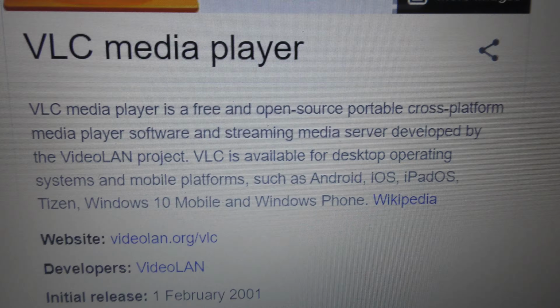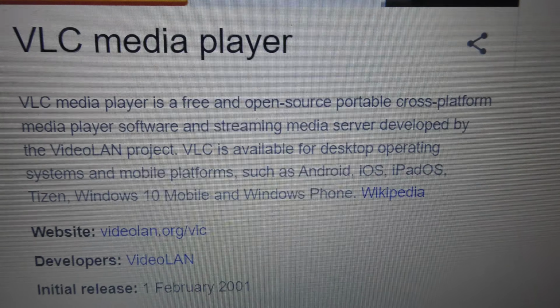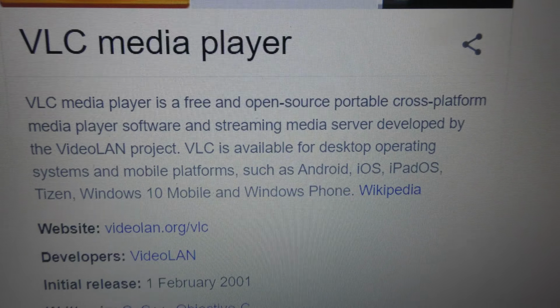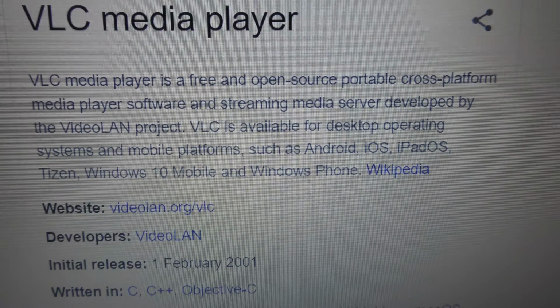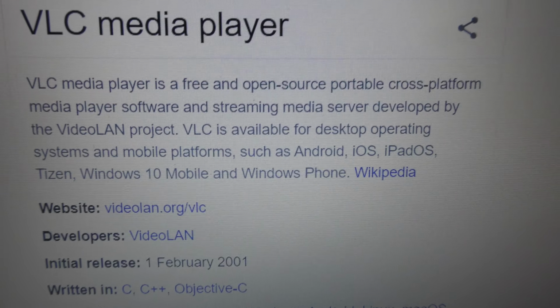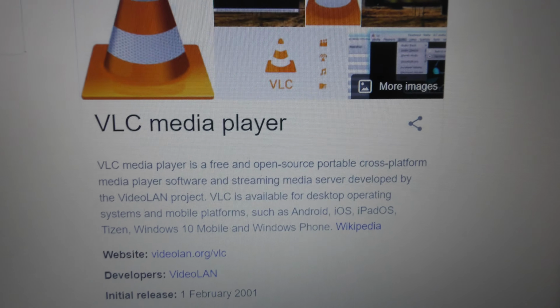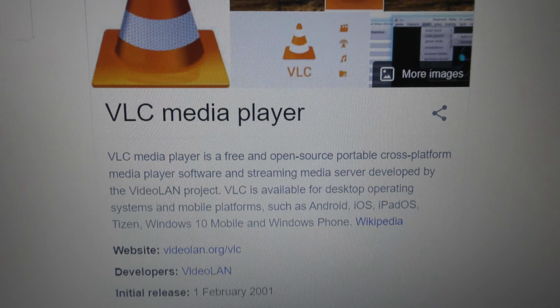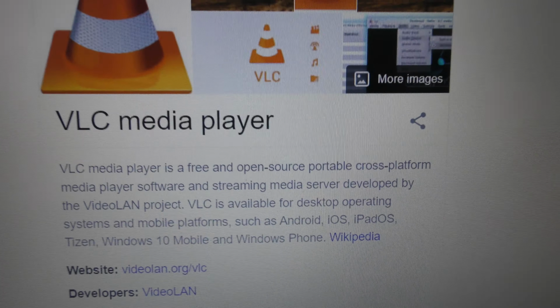And what VLC player is, it's a media player that's open source. That means anybody can add to the software or contribute to it, and basically it'll allow you to open just about every type of video or audio file your computer will ever use. Much better than anything Microsoft came up with, so get it, it's free. So go to videolan.org, click on the blue link there,